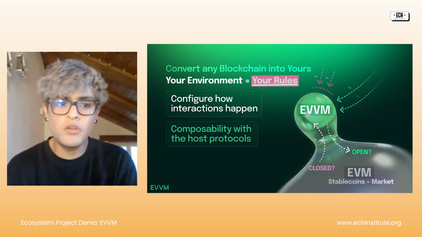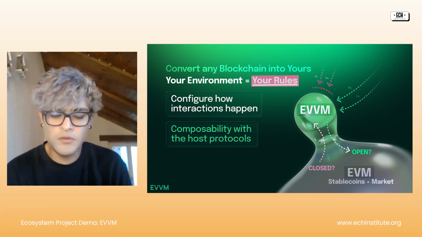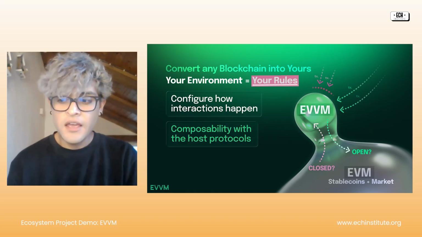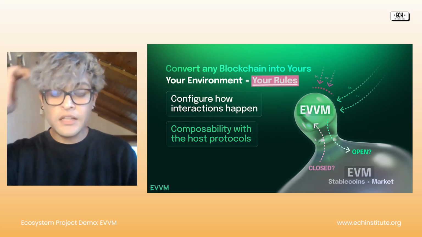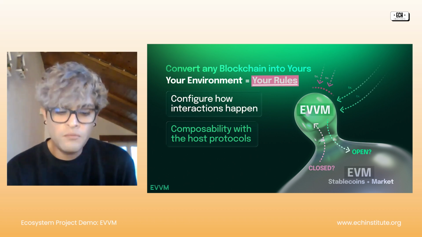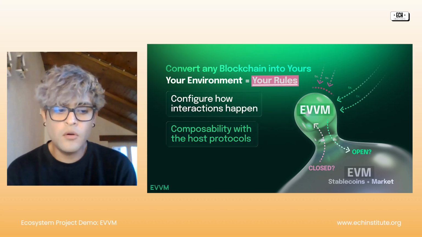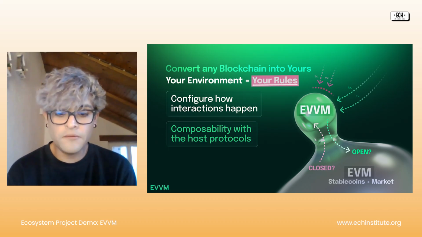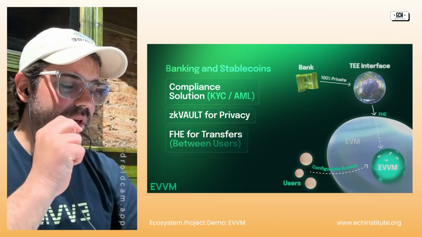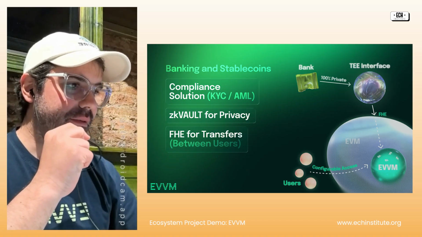And you have compatibility with all the host protocols. So in comparison with some L2s or L1s where all the protocols need to be inside of these blockchains, and all the liquidity depends on those interactions, with EVVM you can choose any blockchain that you want, maybe Ethereum Mainnet or maybe Arbitrum, and get all the liquidity from this host blockchain to your virtual blockchain. Here we have an example of the architecture that is the most desired from bank institutions, and in fact is a request.